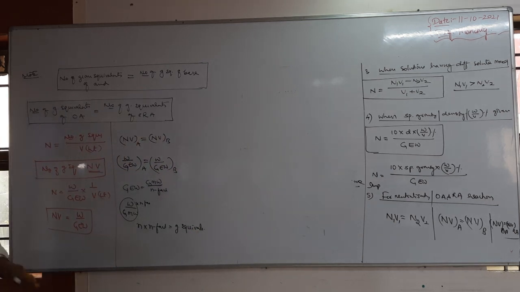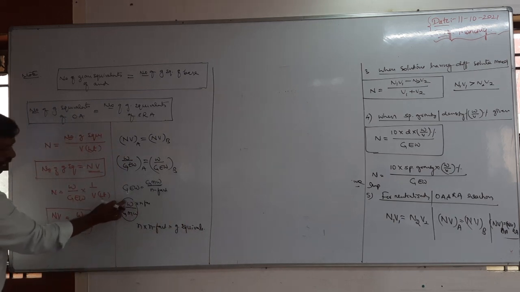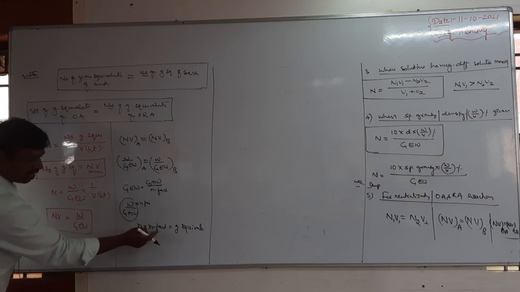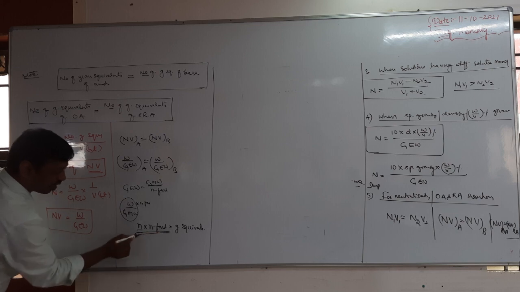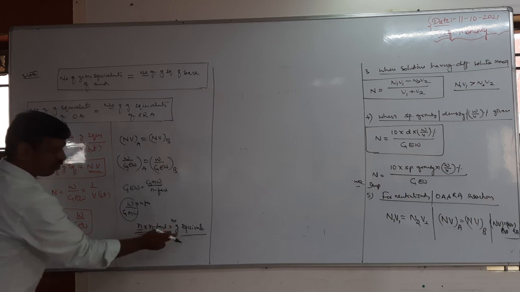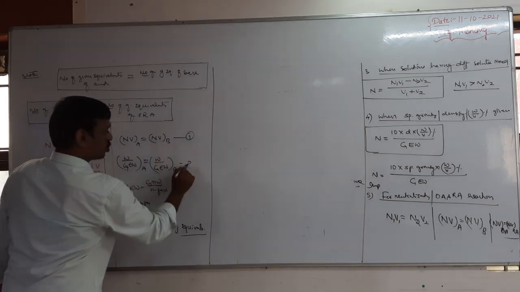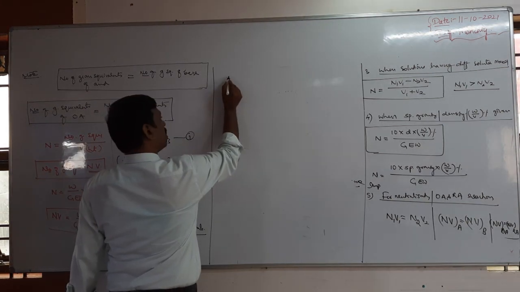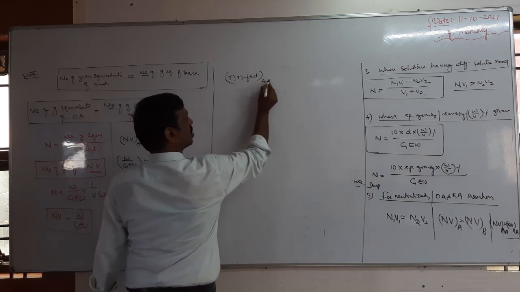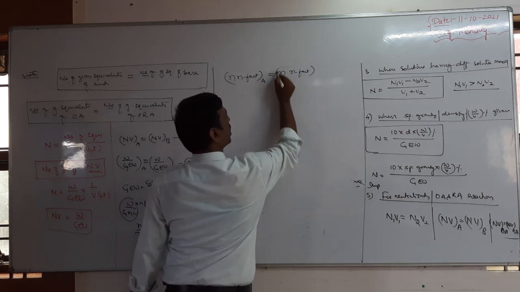Are you following? Come on, tell me. So weight by gram molecular weight is equal to number of moles, right? This N factor is written as it is. Therefore, N into V is also equal to number of gram equivalents. So this is formula 1, it is 2. Third formula: number of moles into N factor of acid is also equal to number of moles into N factor of base.